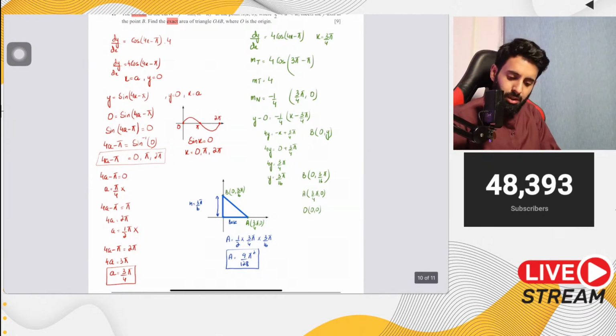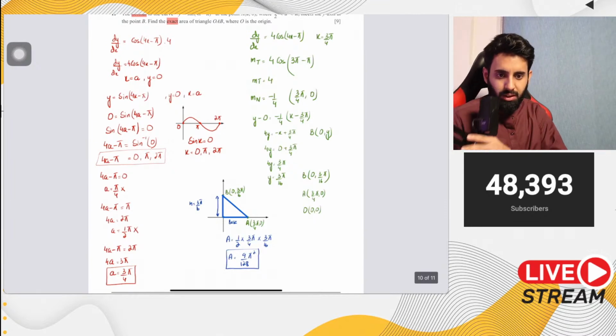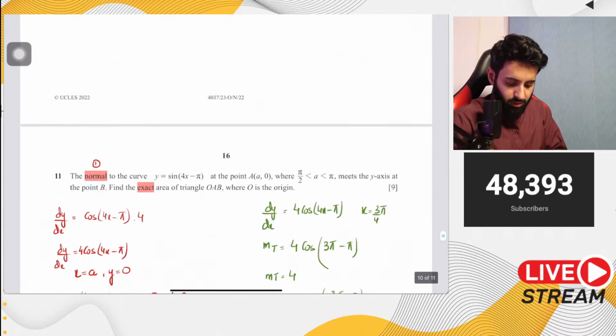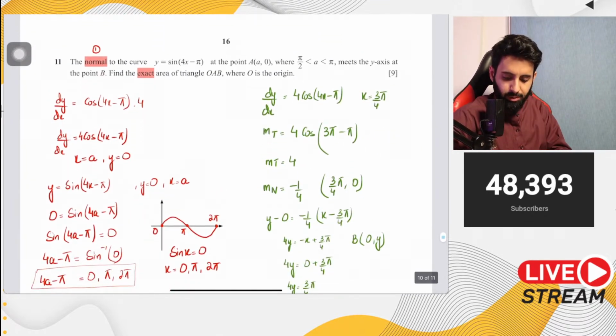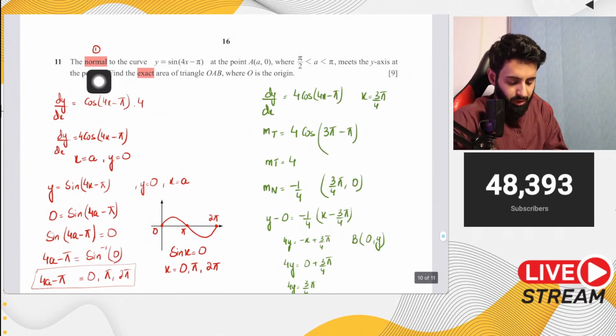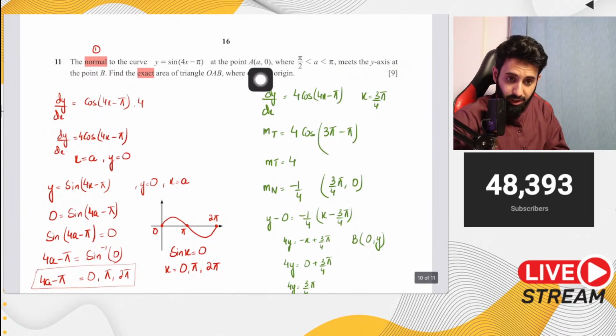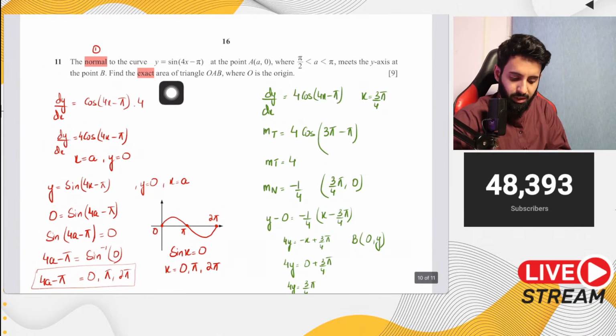A quick recap. Okay, I'll give you guys a quick recap. So first of all, you're given the equation of the curve and you're told about the normal to the curve at this point. Now, you're not given the x coordinate, but you're given the y coordinate, and you're told that the normal at this point meets the y-axis at B, and then you need to find the area of the triangle,